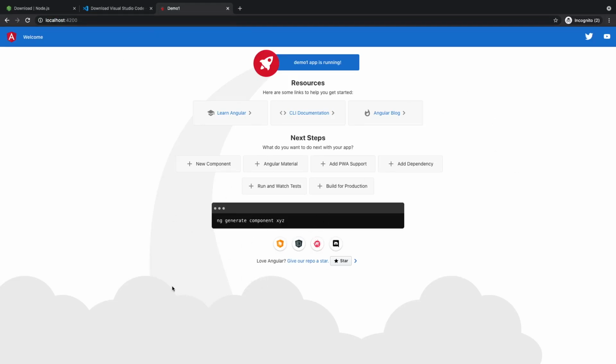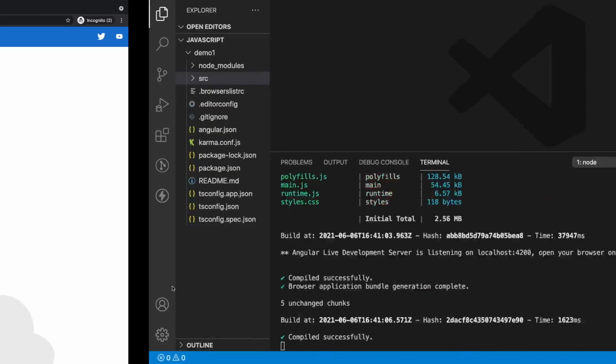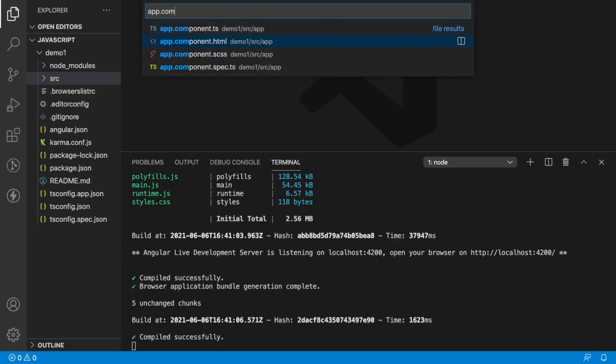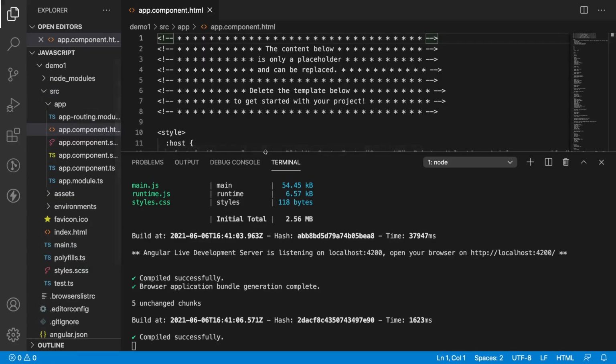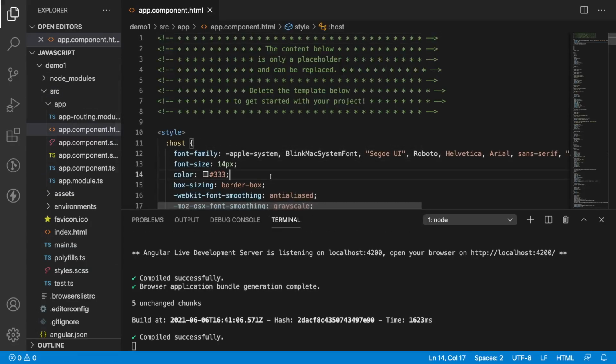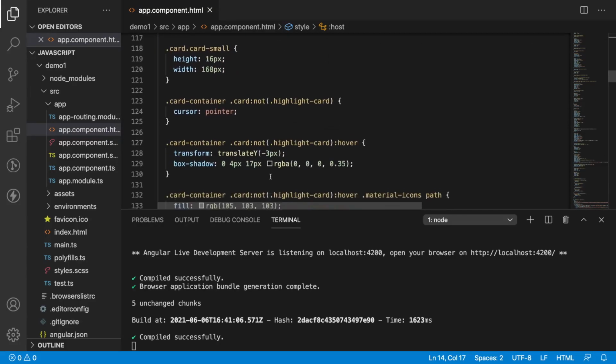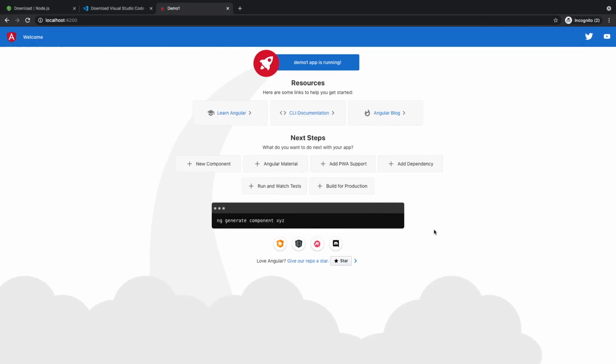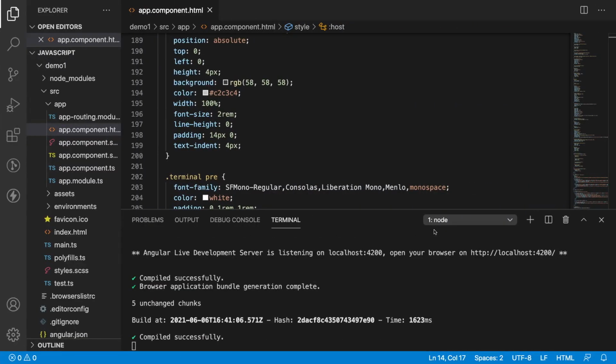This is how it looks. Where is it coming from? It's coming from your default app.component.html. If you see here, there is a default app.component.html and that has some content, so that is displayed in your browser. So this is how you can set up your Angular project and run an Angular application.